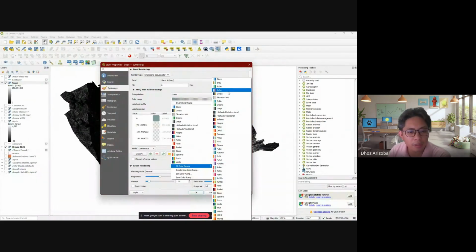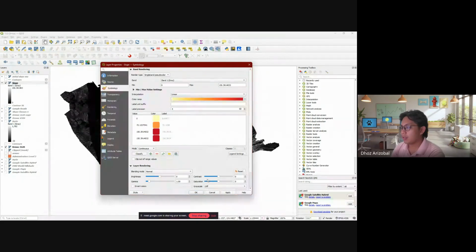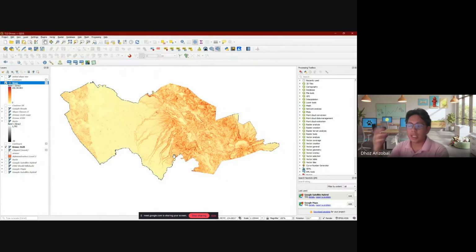Is there anyone colorblind in the class? What if he's colorblind? Then I'd have to do something else. I guess nobody is colorblind. So normally I use slope as yellow, orange, red, or orange, red, because it's easily identifiable to me.